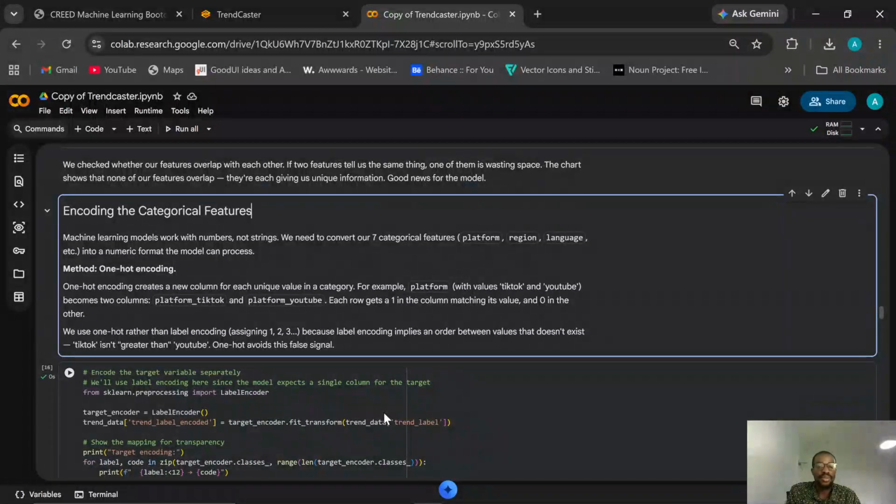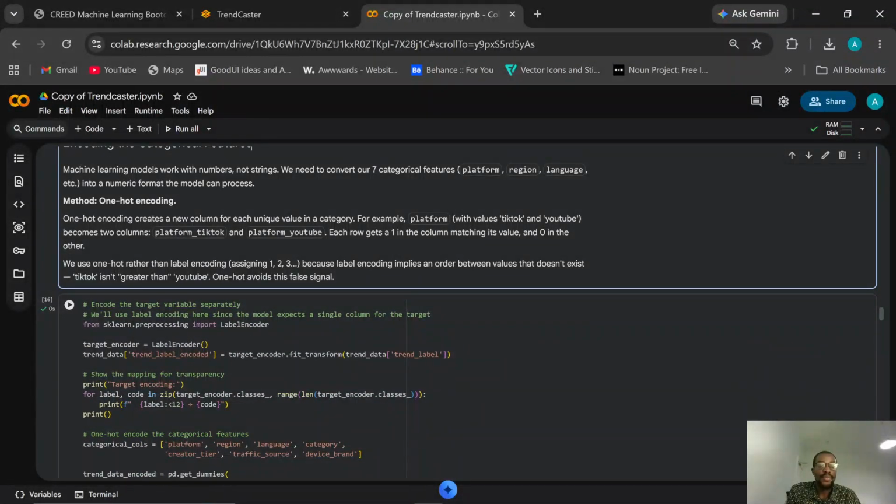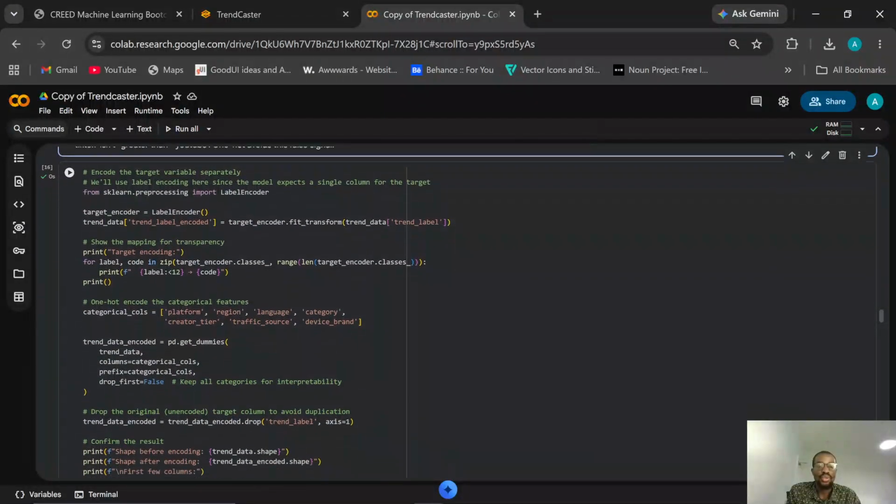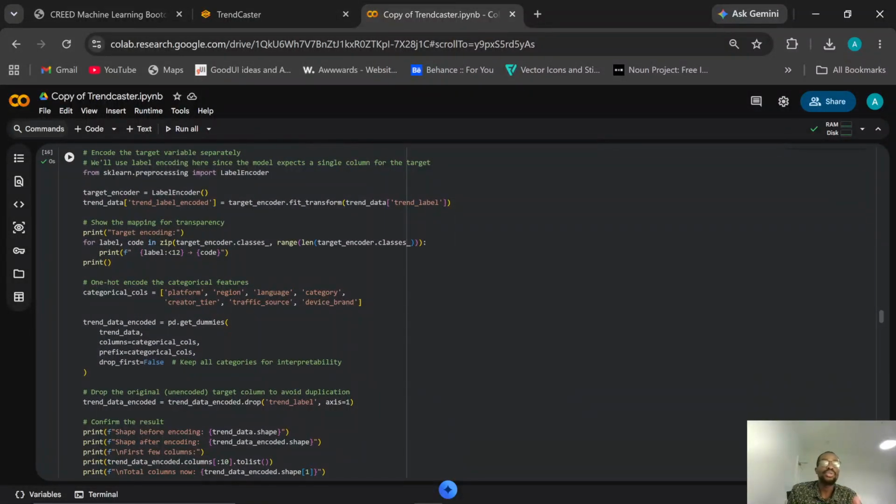We changed them to ones and zeros, because that is how the model understands. Not all models are good with categorical variables, so to avoid that, we had to encode our data.